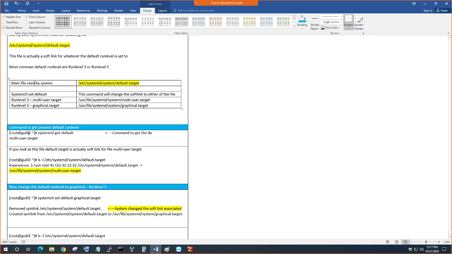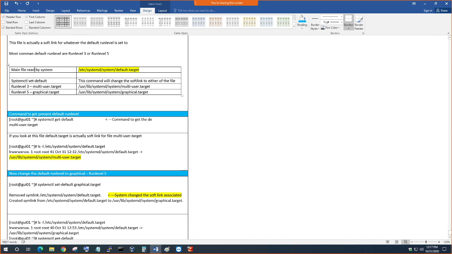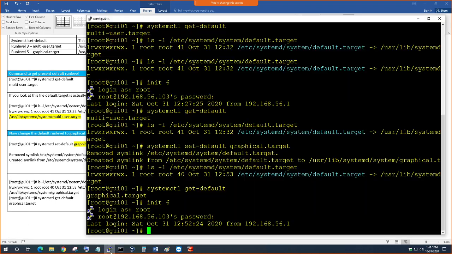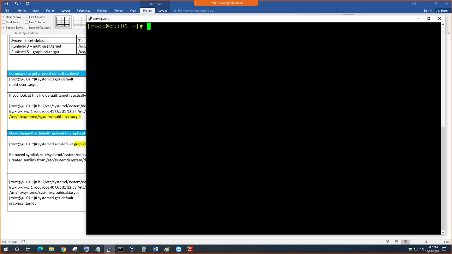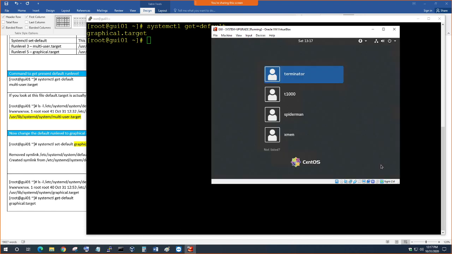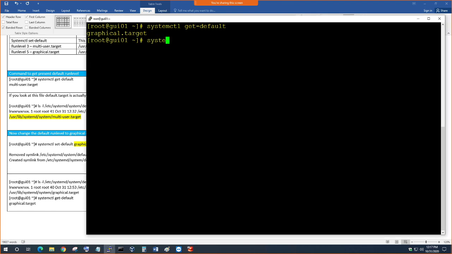Okay, so here you use the command systemctl graphical.target, and it changed the run level here. Now what we're going to do is systemctl get-default. Okay, graphical, right? So we know the system is going into graphical mode. Okay, there is no question about it. Now if I do systemctl set-default,